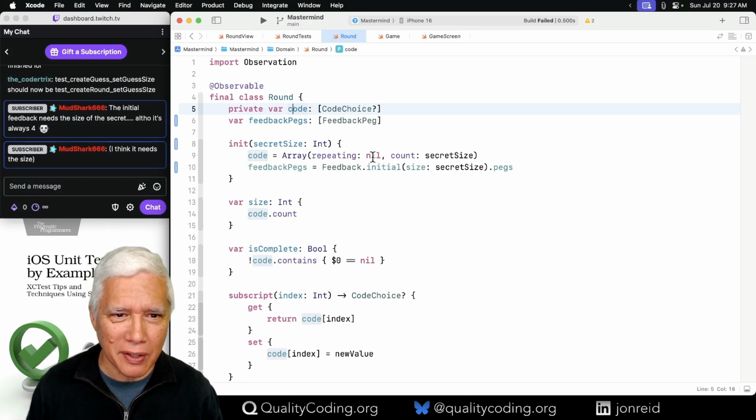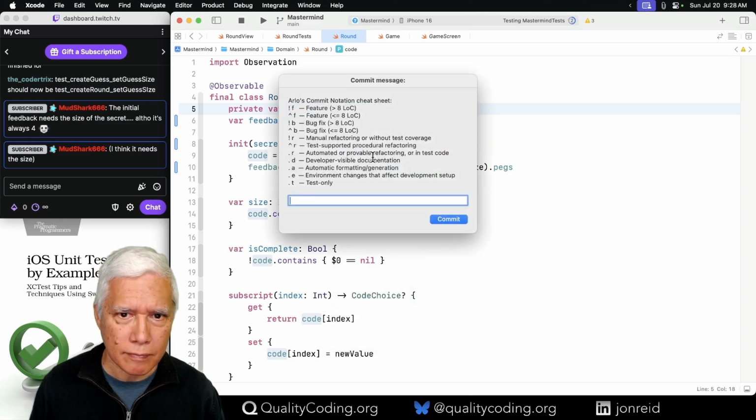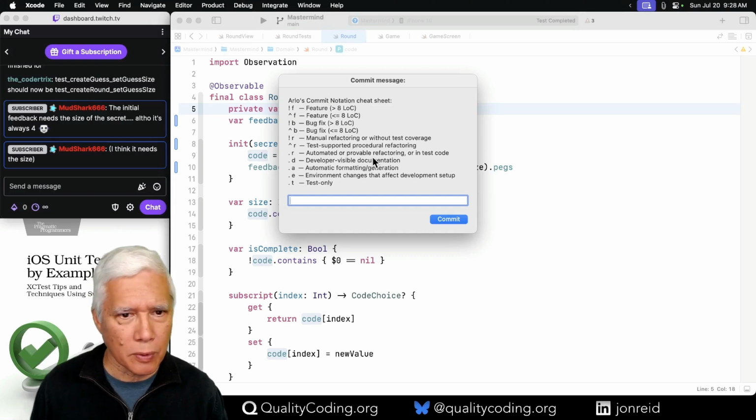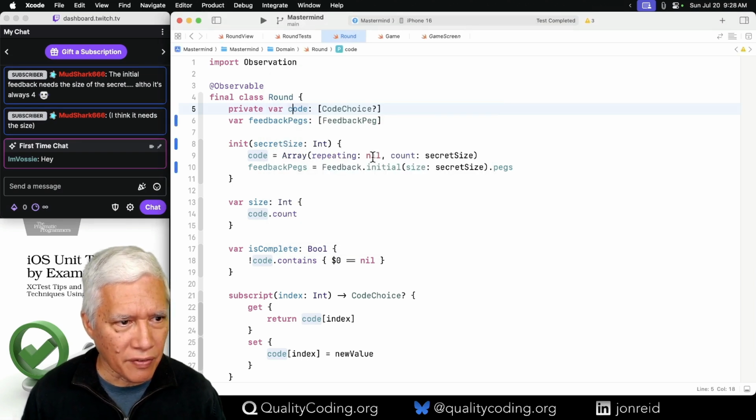So confusing. But this should be okay. So what is this? This is low risk so far. Add feedback pegs into round.